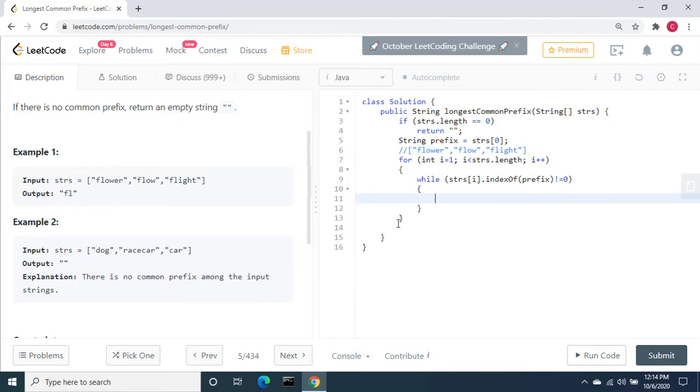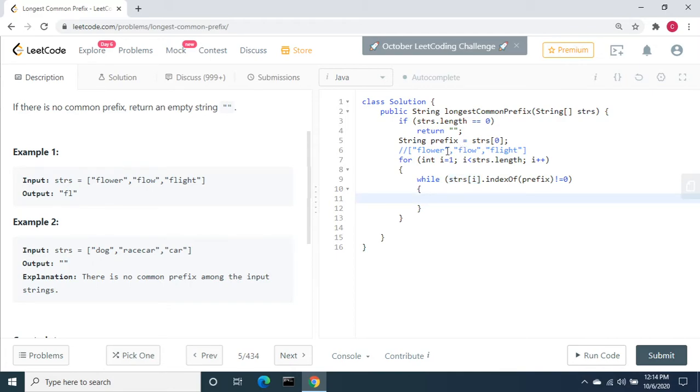The next time it will pick up "flight". strs[i] will be "flight", and it is going to compare "flight" with "flower". strs[i].indexOf(prefix) will return some number, definitely not equal to 0, so it will go inside.